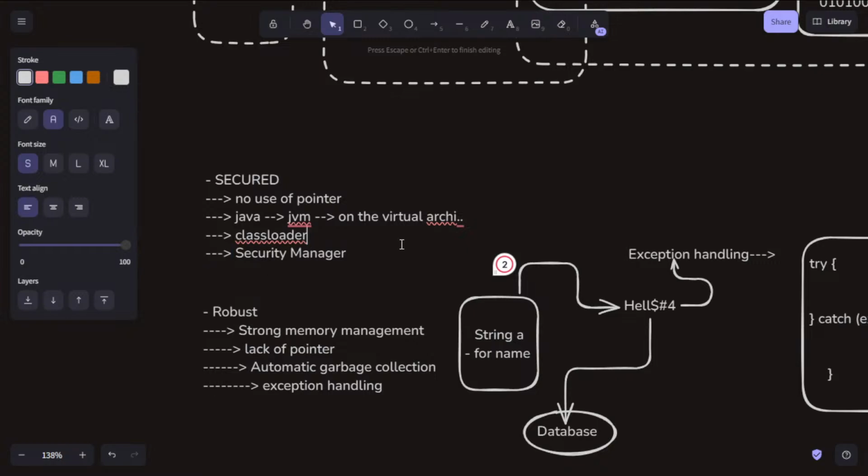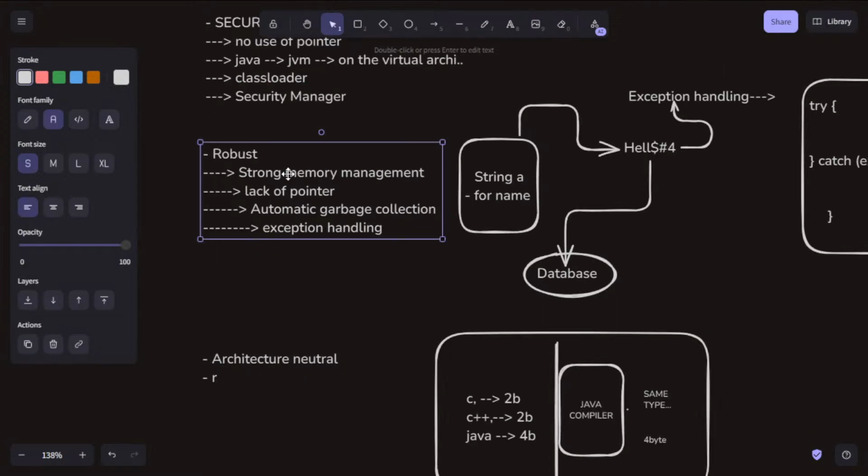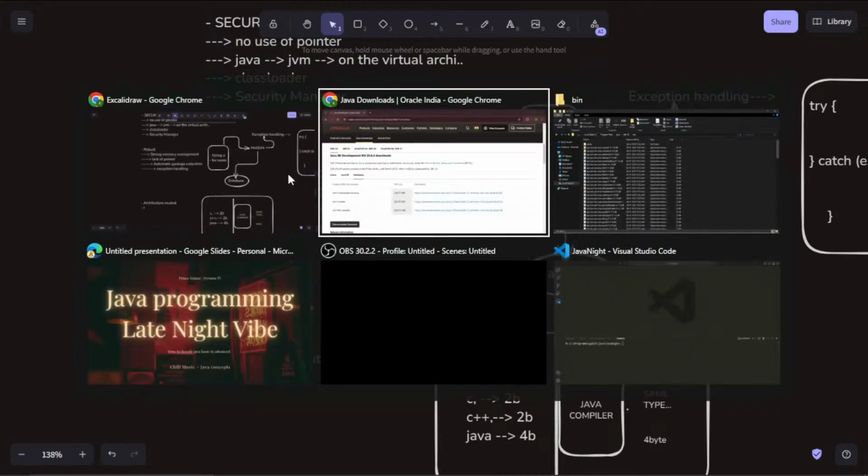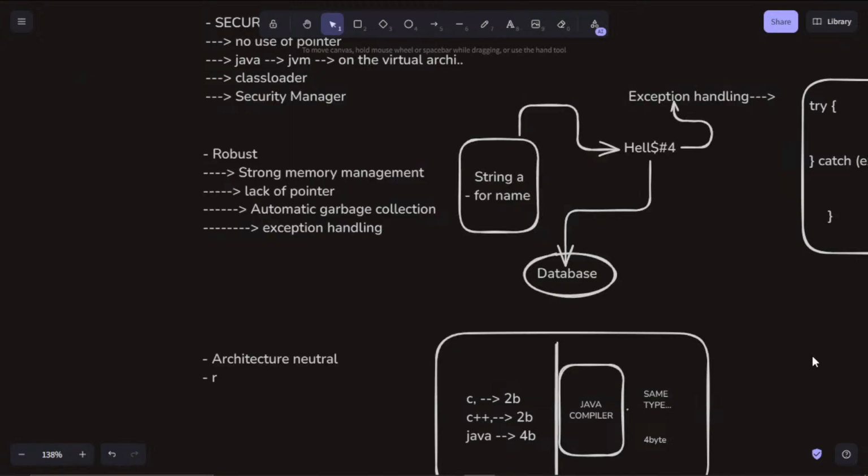That's the reason it's secure and robust, meaning high quality of code. What does robust mean? Robust means Java is... okay, I will see you again there. Wait for a minute.